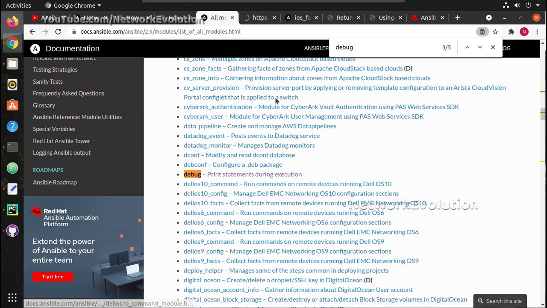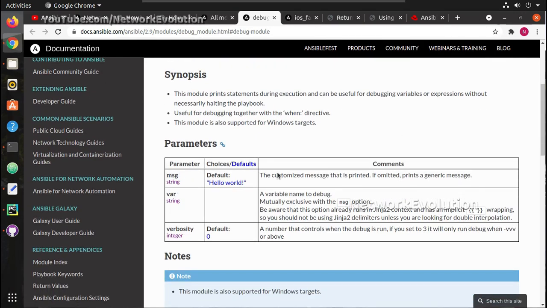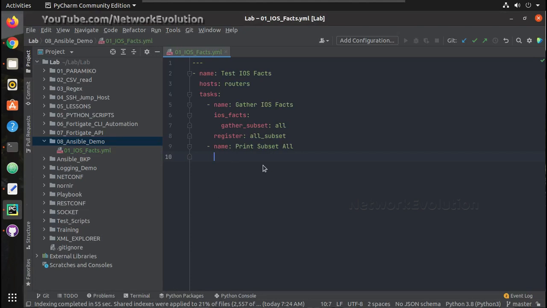So this can print the output to the terminal. So you can see the options available here. One is message. Message will directly send message to the user. It will just print the output. So you will be using the syntax like Jinja 2 template. And here variables means you will be directly printing the variables. I'll just show the difference. Now here I'll use a module called debug, and under that again I can give the variable, and the variable name is going to be the above variable.